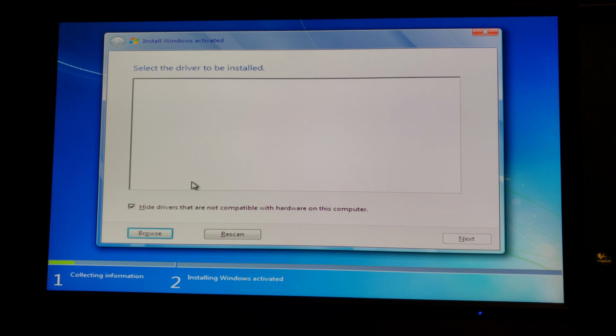If you do have your Windows 7 installation on a thumb drive, it's a USB 3 plugged into a USB 3 port, you will probably run into this issue. If you have an available USB 2 port, which unfortunately this one does not, go ahead and plug it into USB 2 and you should be able to avoid this little glitch. The motherboards do have USB 2 port headers, so if you have old USB 2 port little brackets so you can plug the cable in and temporarily use it,